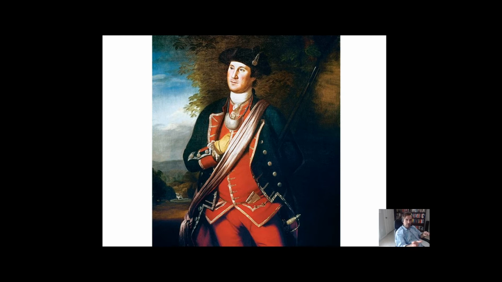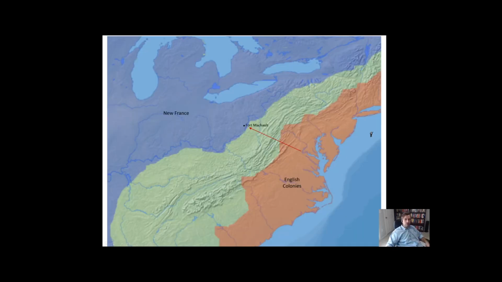So it's 1753, when he sends George Washington. The British and French had just gotten out of the War of Austrian Succession a couple years before. I think it's 6, 7 years before, something like that. So he's telling this young kid to go find the French and tell them the Ohio Valley is now British